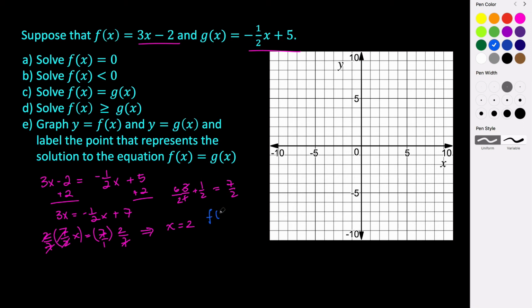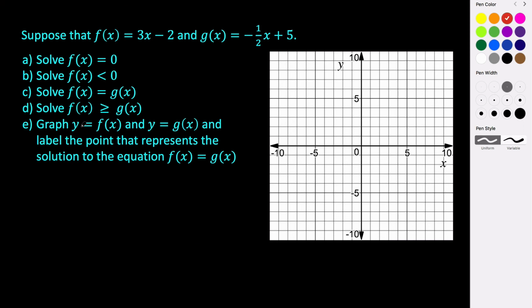So what is f of 2? Plug 2 back in. That's 3 times 2 minus 2. 3 times 2, that's 6. 6 minus 2 is 4. So we get the ordered pair 2, 4. So that is the point of intersection. This point is where our graphs are going to be equal. That's where they intersect. For this next part, we want to know where is our function f of x greater